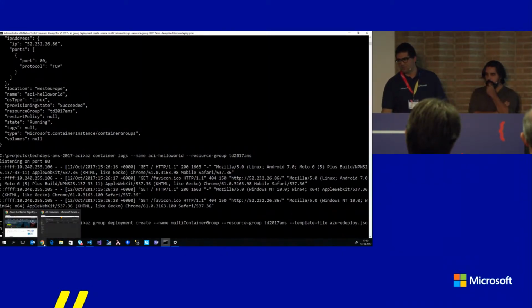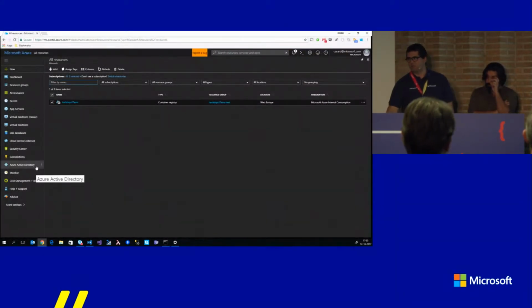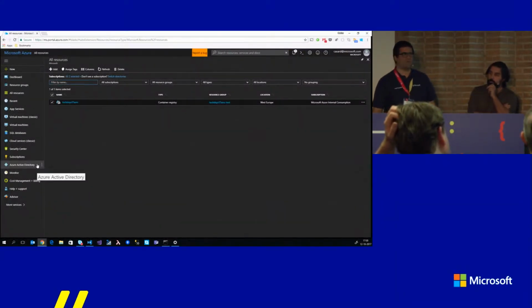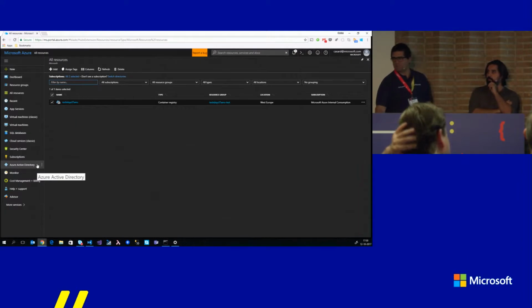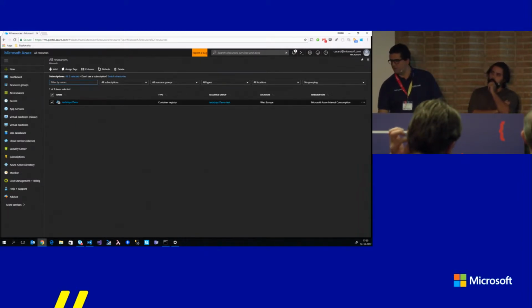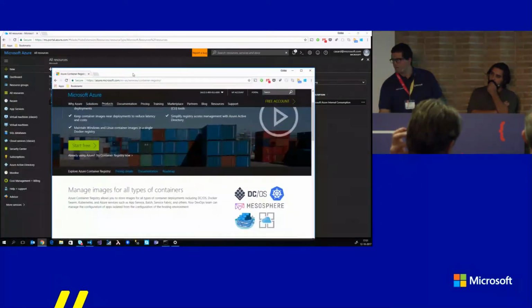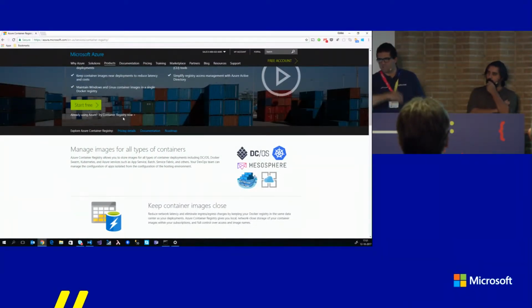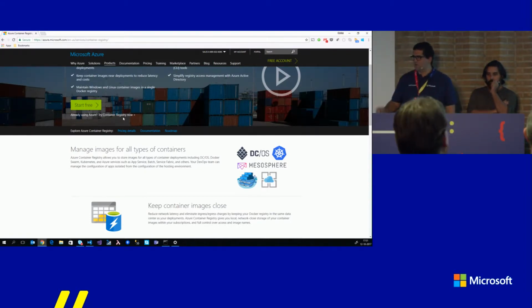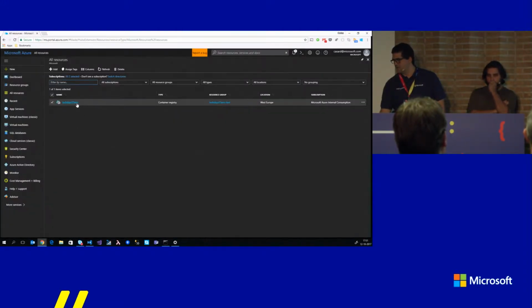images to Azure Container Instances. One of the really cool things is that, if you're familiar with Azure Container Registry, I have here a really quick definition of what it is. It basically allows you to have what we call a private registry, so you can store and manage your Docker-based images, etc. So we created a container registry here in Azure, and we have an image there. I'll show it to you